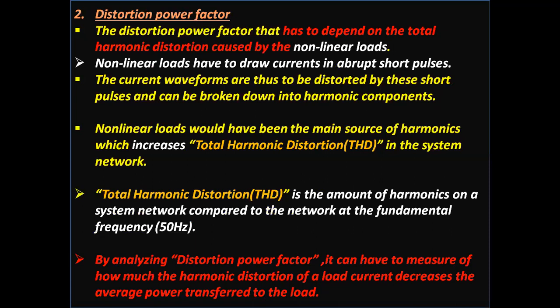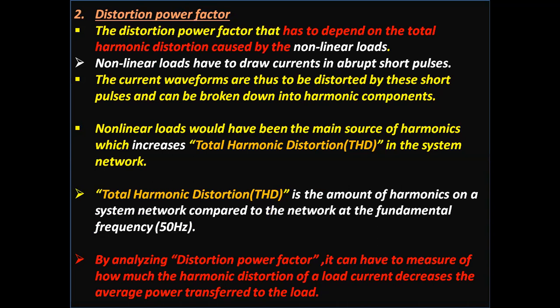The current waveforms are thus distorted by these short pulses and can be broken down into harmonic components. Nonlinear loads are the main source of harmonics, which increases total harmonic distortion